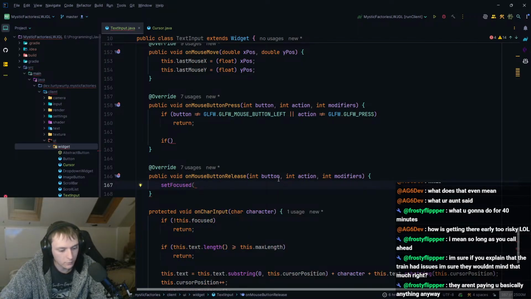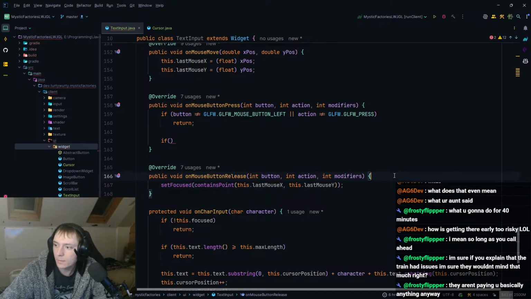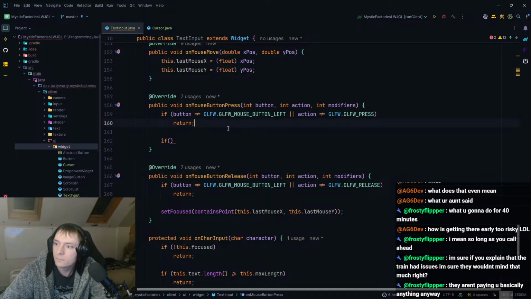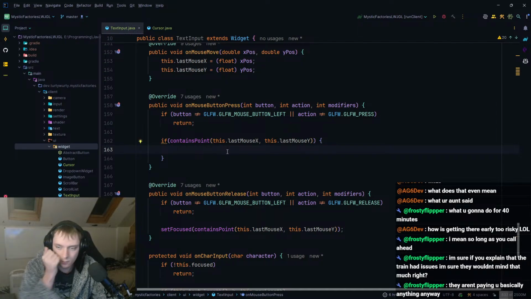What's that method called in widgets? Contains points, that's it. There we go, like that. And this should only be if left. And then if it does not contain the points, no. So if it does contain the points, then what we want to do is,